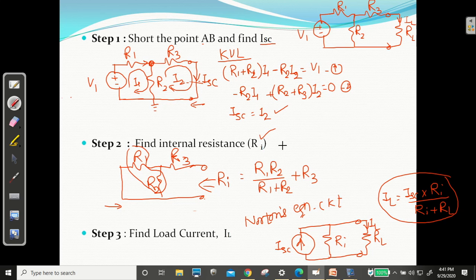What is this actually? Norton is claiming this is my theorem, Norton's theorem. But is it actually Norton's theorem, or is it a current division theorem? Yes, it is. Look, the total current is coming to A. If you apply the CDT, current division theorem, at A, what will IL be? The total current ISC comes up to A, and into the parallel branch it is RI upon RI plus RL. So this is a current division theorem.